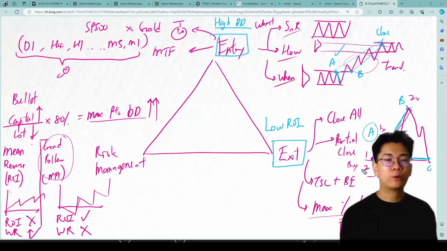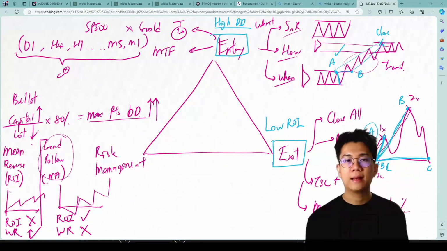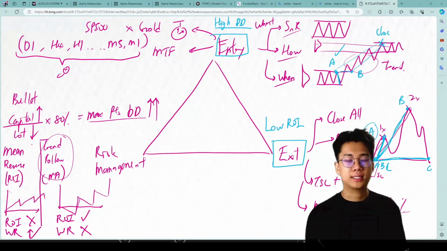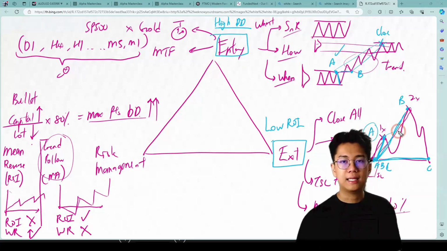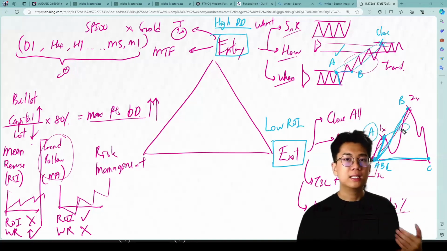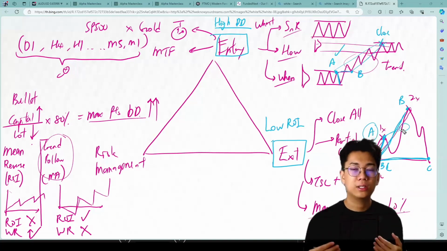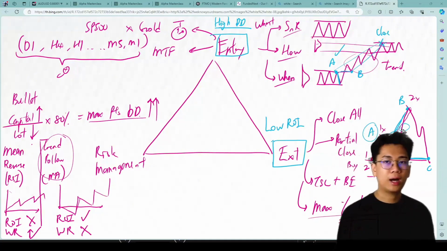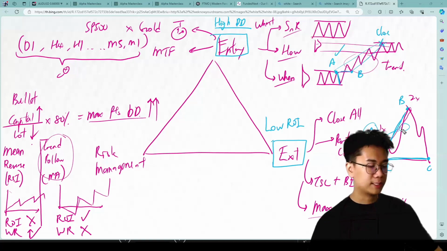One of the questions that some students ask is, how can I increase the profit? How can I be more consistent? The answer is, what if you can just close slightly later? Drag the profit even further. Then you will start to get a bigger chunk of the profit, and your ROI will start to grow faster. What if